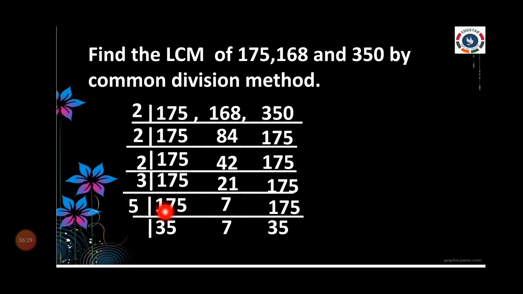So again going to use 5. Okay, 5 outside. How many times of 5s are there in 35? 7 5s are 35. Write 7. Then next, another prime number. So write 7 down. That 7 is a prime number that is not divisible by 5. So write the same 7. And how many times of 5s are there in 35? 7 times. So we are getting here 7, 7, 7.